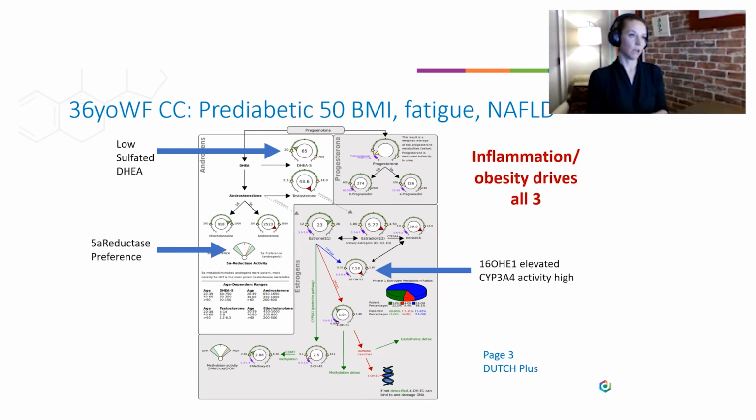Inflammation and obesity drive all of these patterns. Inflammation drives the hyposulfation of DHEA, and the 5-alpha reductase preference is driven by both obesity and inflammation. And obesity drives that 16-hydroxy pathway as well. High